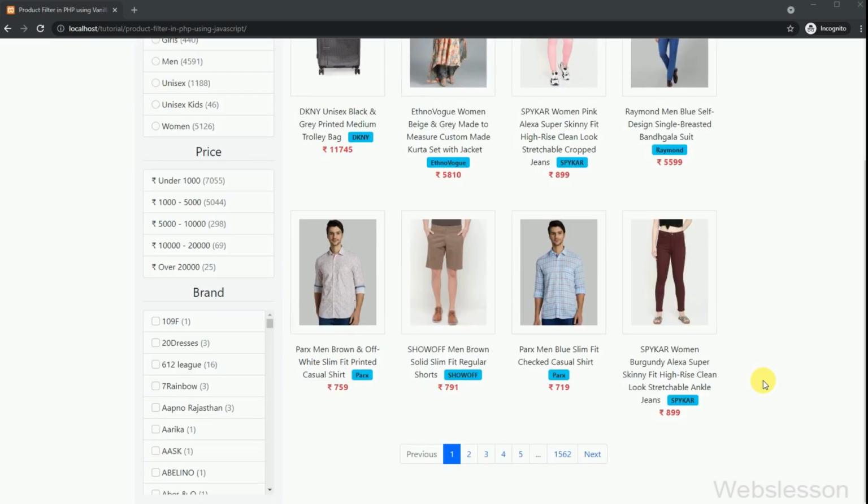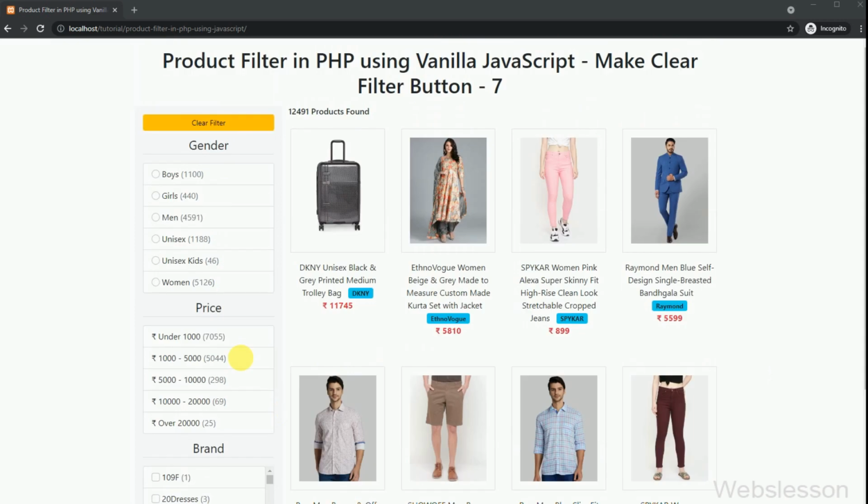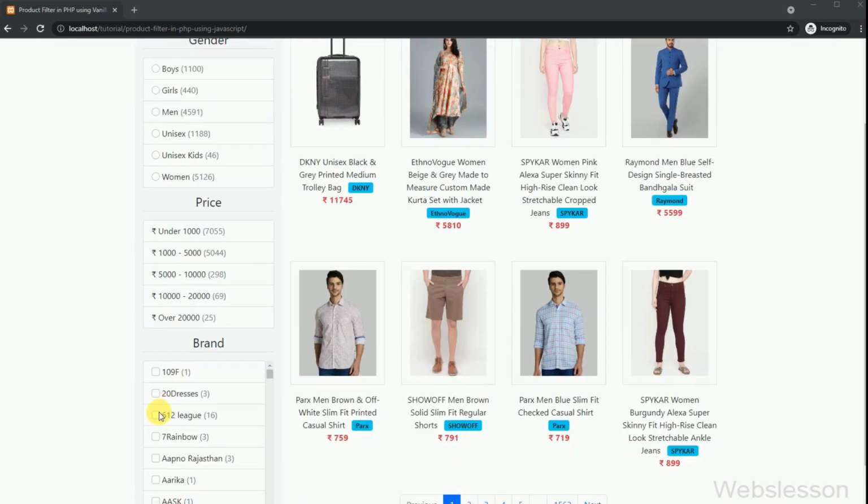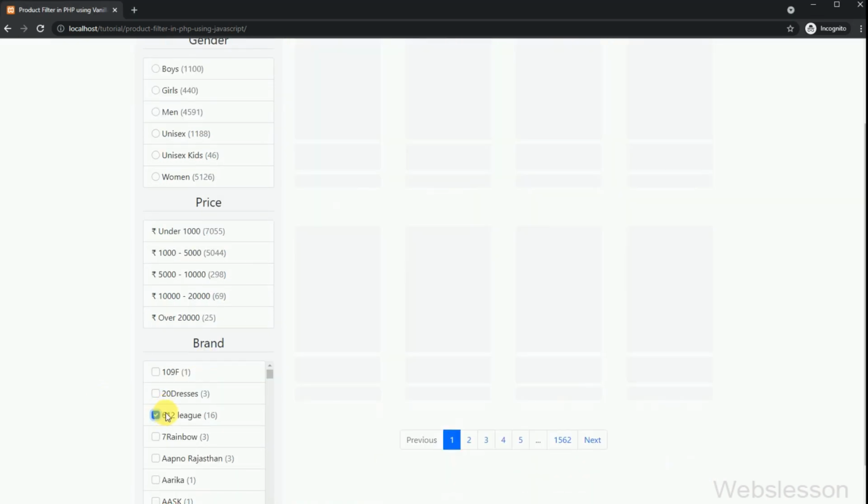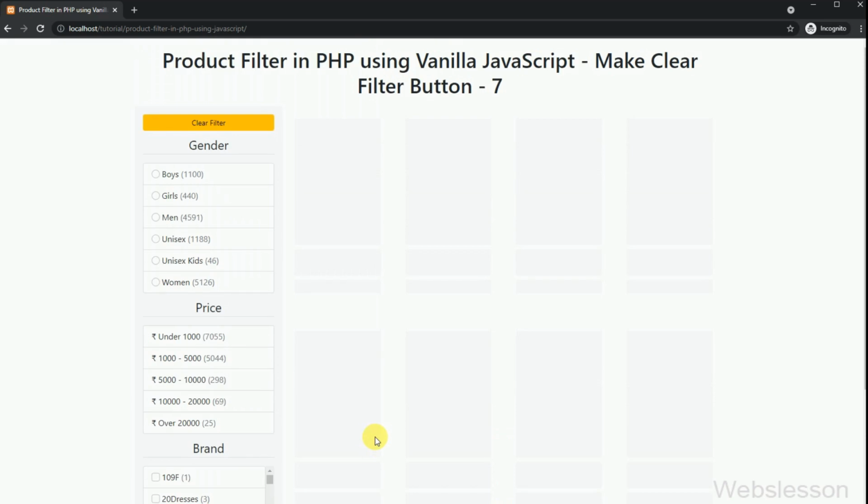Now we want to get only boys products which come under 1000, from the 612 League brand. So first we select the 612 League brand, and here the 612 League brand products have been loaded. So here a total of 16 products have been loaded.